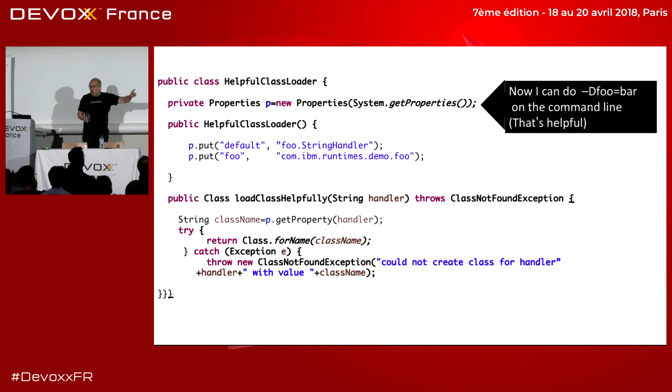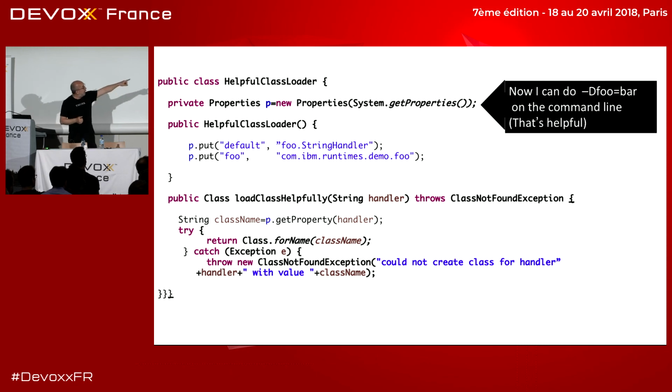There's a properties object. It's backed by System.getProperties so that I can do -D, blah, blah, blah. It's one of those examples where you go, I've got some data coming in, and I need to get a handler for some data, and I'm going to use some handler to instantiate some class. You know, we all do that. We have some map. You know, it's an integer, it's a string, or it's something more complicated. I'm going to just instantiate a class that implements the code and call it, okay?